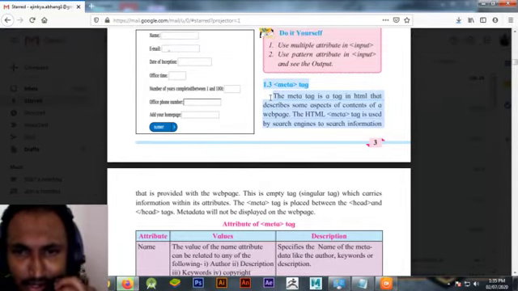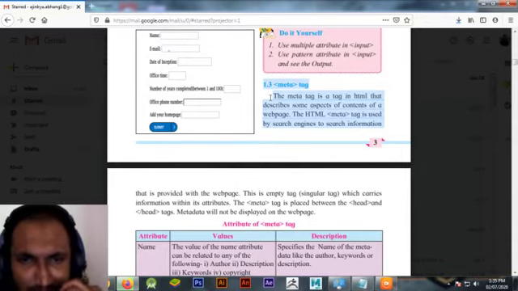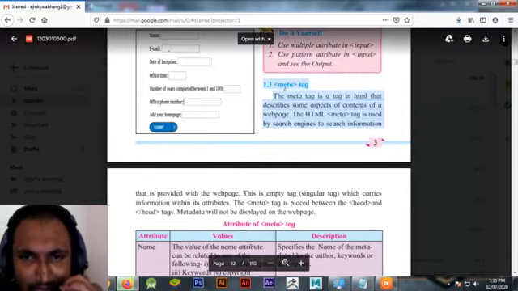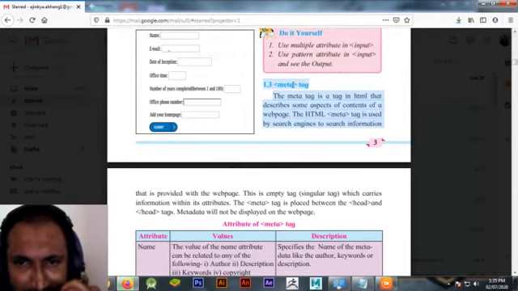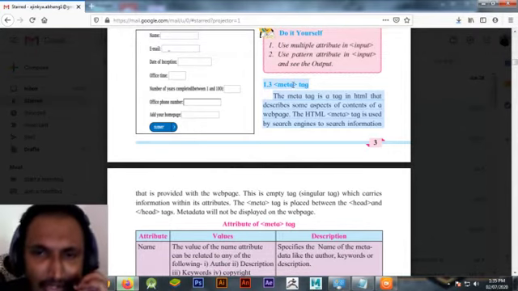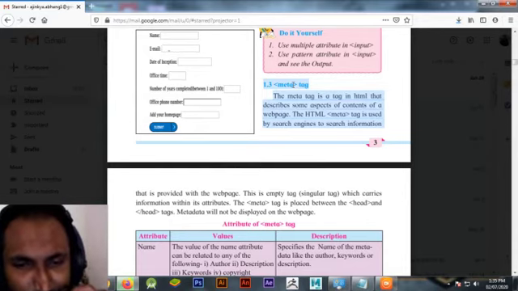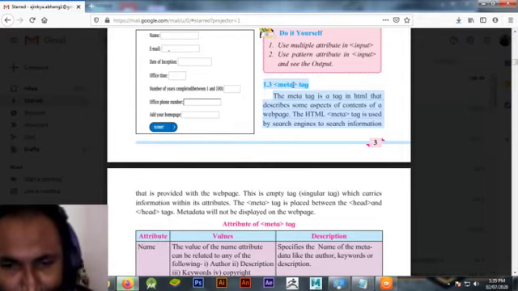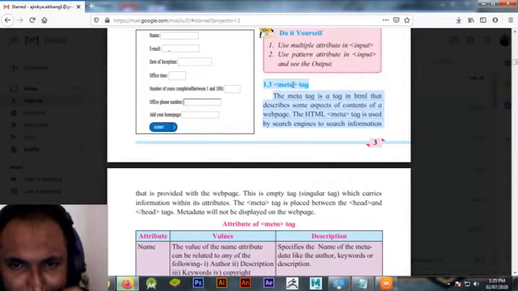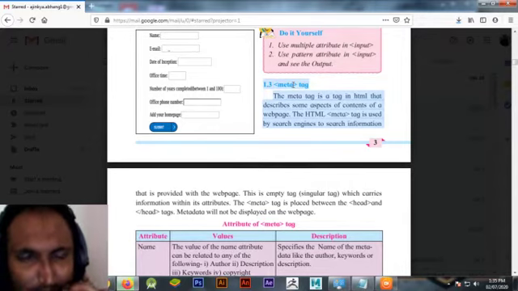Let's understand what is meta tag. Before that we should understand what is metadata. Metadata is data about data. That means if there is any data, then the information about that data is not an information, but if we process it and make it sensible, then it becomes information for others.